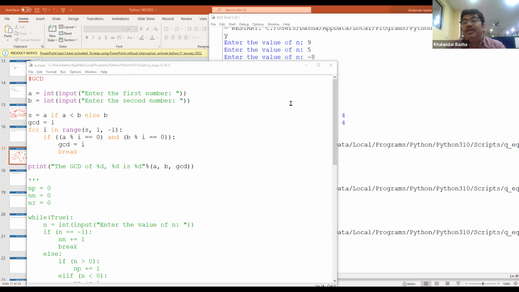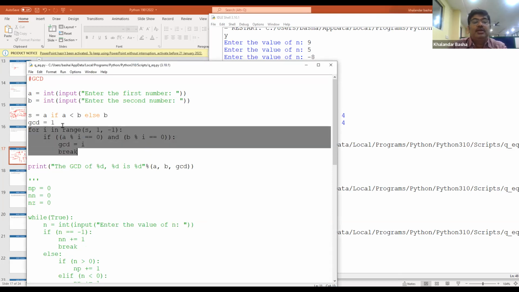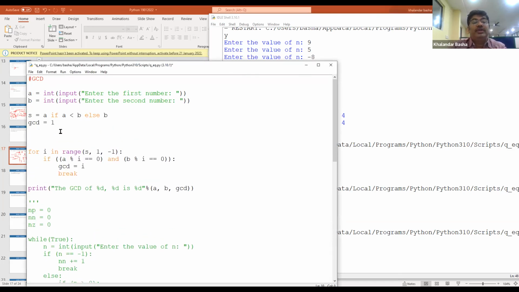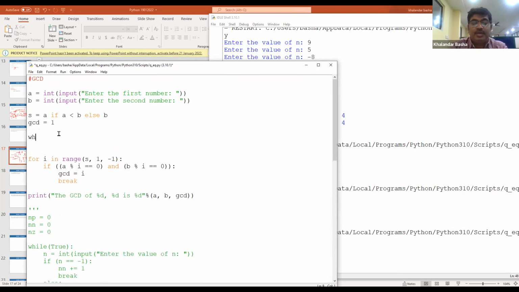So here we implemented using a for loop. The same program I want to execute with a while loop. How can we execute this in a while loop? Here I'll write while, I'll take one number, I is greater than 2. Otherwise, the smallest number we have already calculated, so we will take while S is greater than 1.